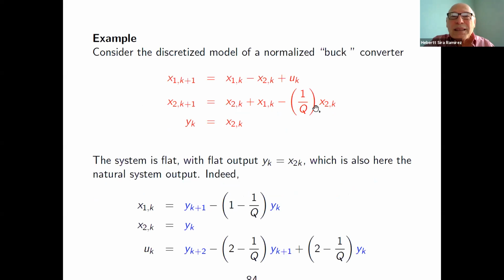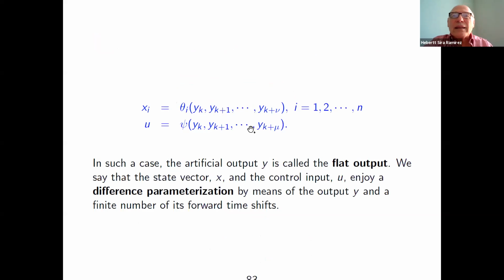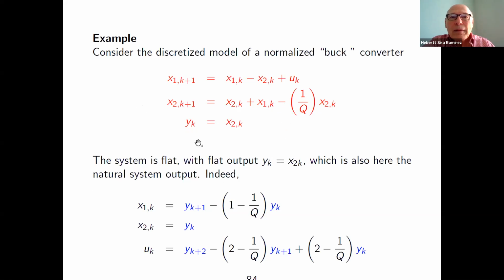We have a state equation. This is a linear state equation, just for illustrative purposes. You have one control input, and your output is x2. In fact, this is a buck converter, and the average model is a linear converter, but we present it in the form of a discrete-time system. Okay, so the output x2, which is the voltage associated with the capacitor, has the property that is portrayed right here. Let us see how.